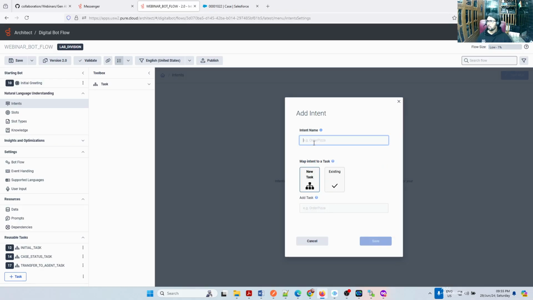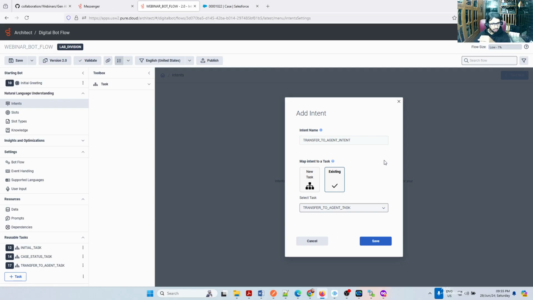I'm saying, sorry, what is my intent? I will put a proper name there: transfer to an agent intent. I'll copy it from Notepad and paste it here. Transfer to agent intent. So of course, when that triggers, for some reason it came to this particular intent, then if it hits the intent, I need to send that to this guy, right? The transfer to agent task. So I need to select my task here. I'm going to select existing. One second. Oh, sorry. So I need to select the transfer to agent task here.